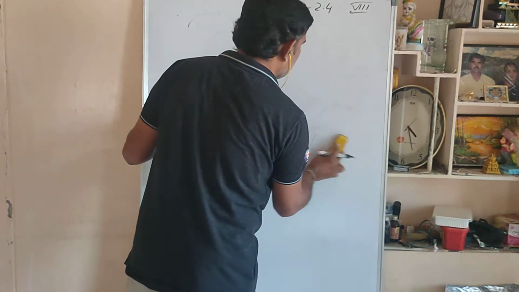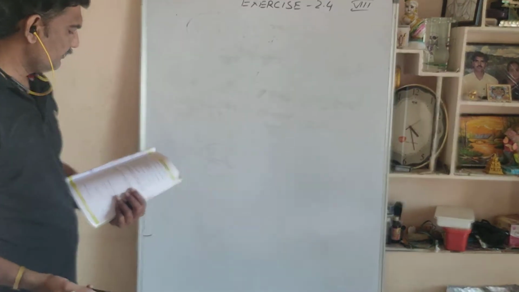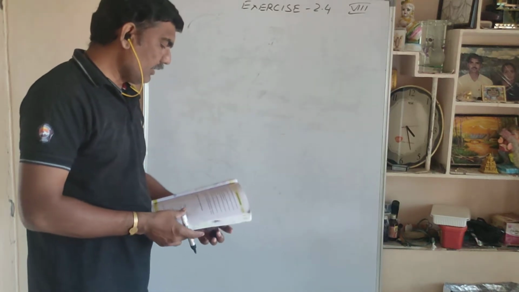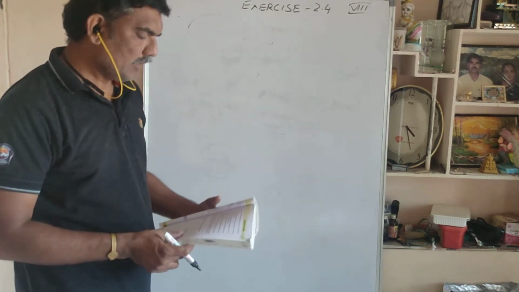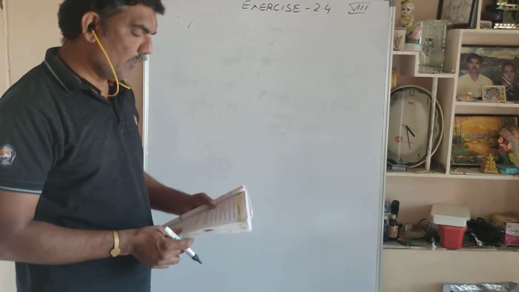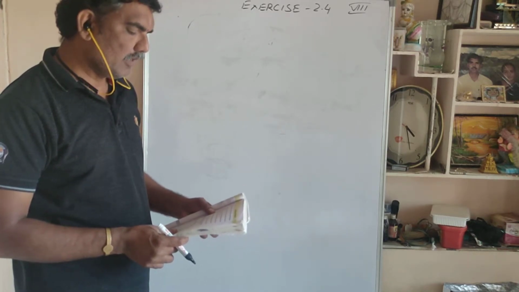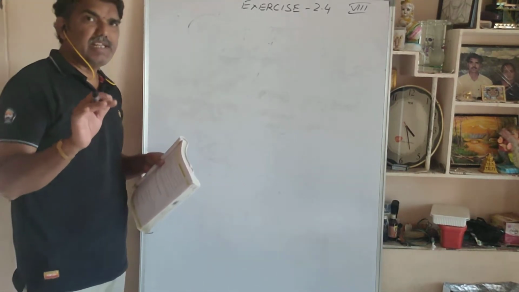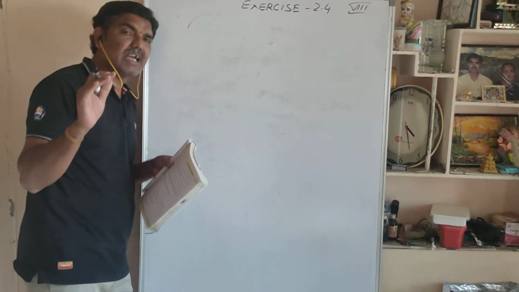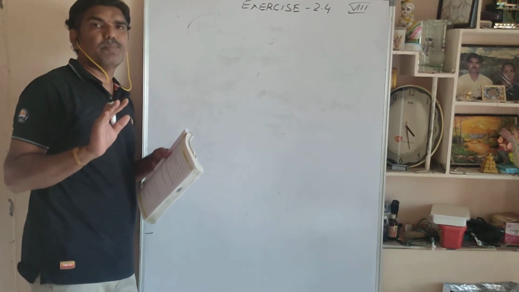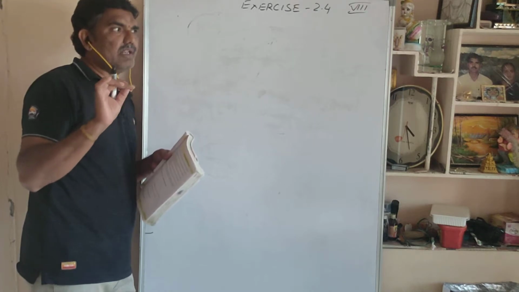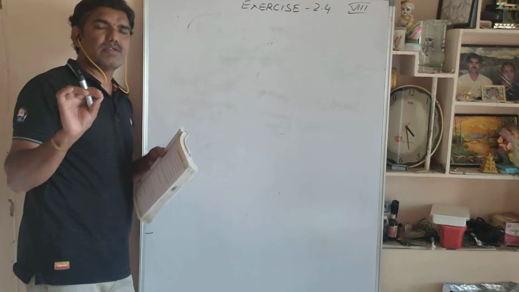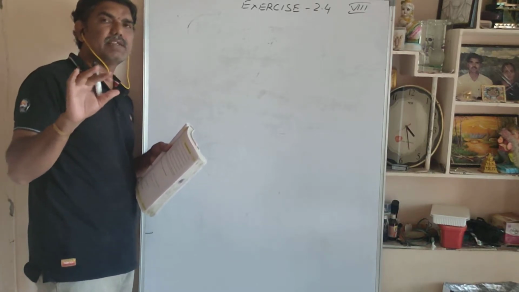What is the second problem? See it here. I'll read the question. 8 times a number reduced by 10 is equal to the sum of 6 times the number and 4. Find the number. So, they have given it in English; if you understand that, only then can we do the problem. If they give it in words, you have to write it in numbers or with variables, like an equation.